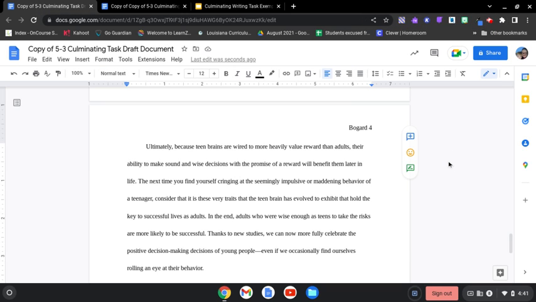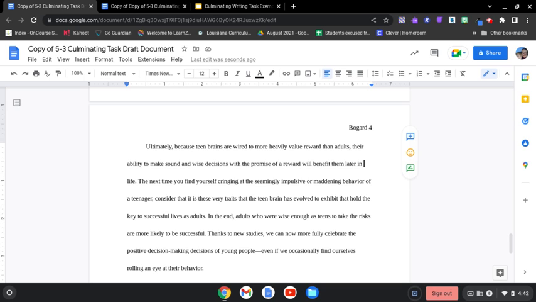And now the conclusion at the very tail end of the paper. Ultimately, because teen brains are wired more heavily to value reward than adults, their ability to make sound and wise decisions with the promise of a reward will benefit them later in life. The next time you find yourself cringing at the seemingly impulsive or maddening behavior of a teenager, consider that it is these very traits that the teen brain has evolved to exhibit to hold the key to successful lives as